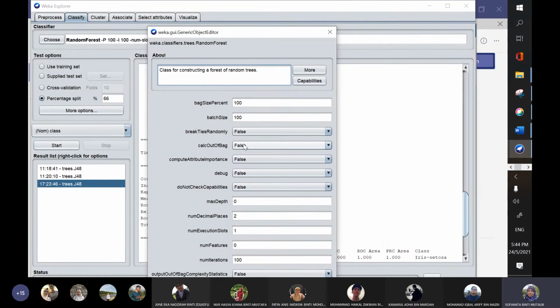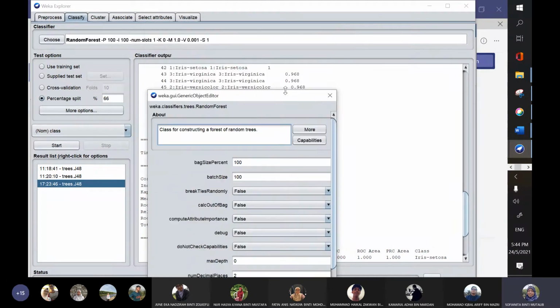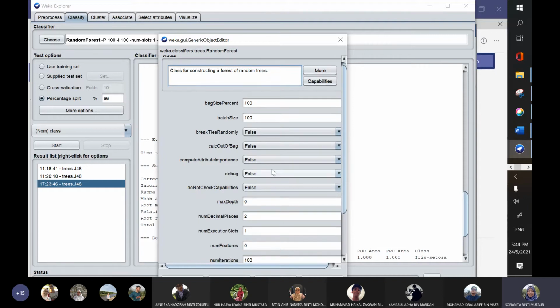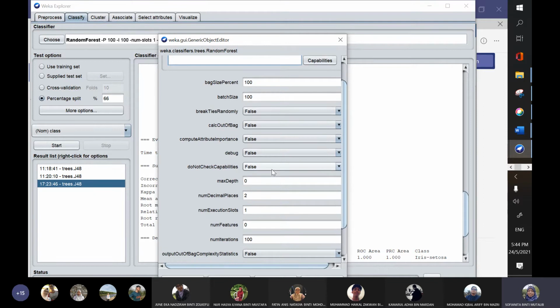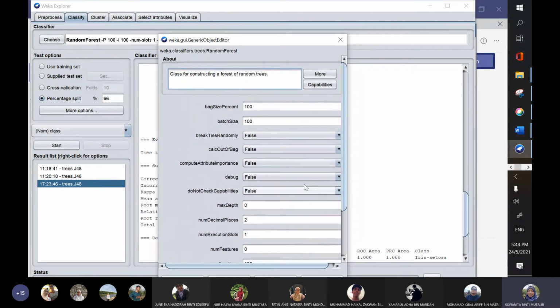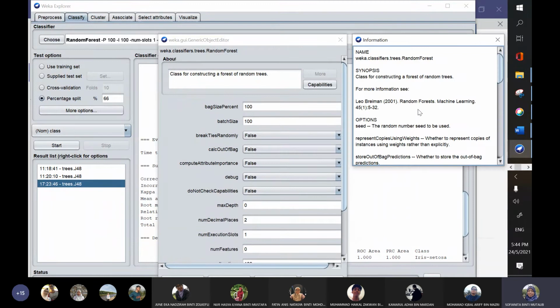If you look at the description, it is constructing a forest of random trees. You can have a look later on.